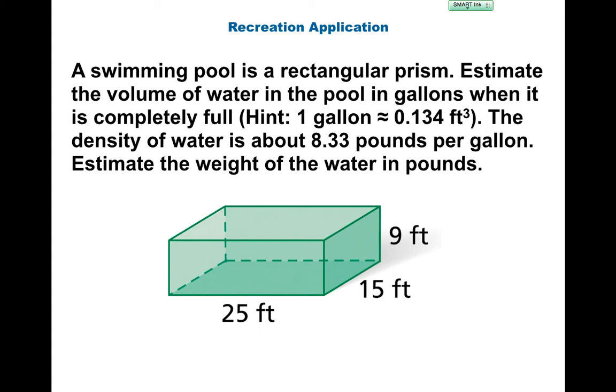Base times height, base area times height. And the base area would be 25 times 15 is your base area, multiplied by 9 for a depth, that's kind of a deep pool. And you get,